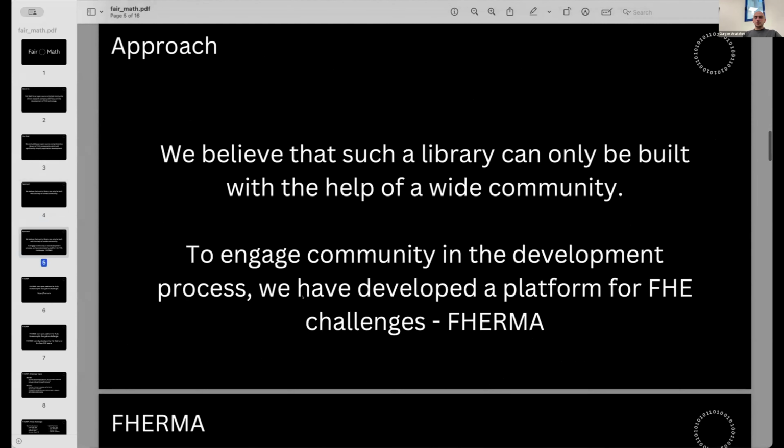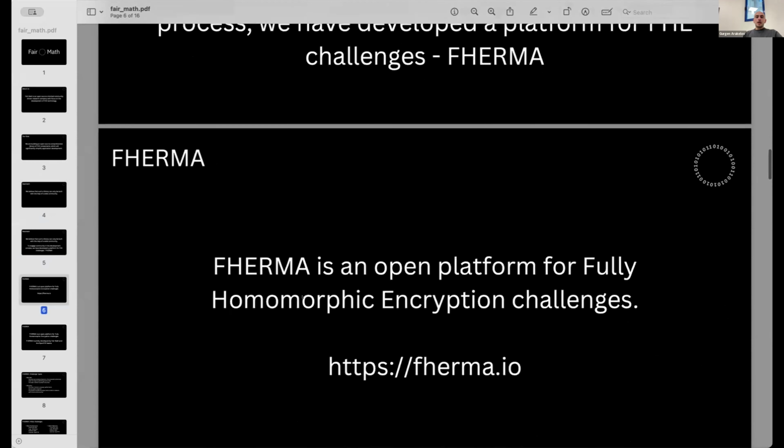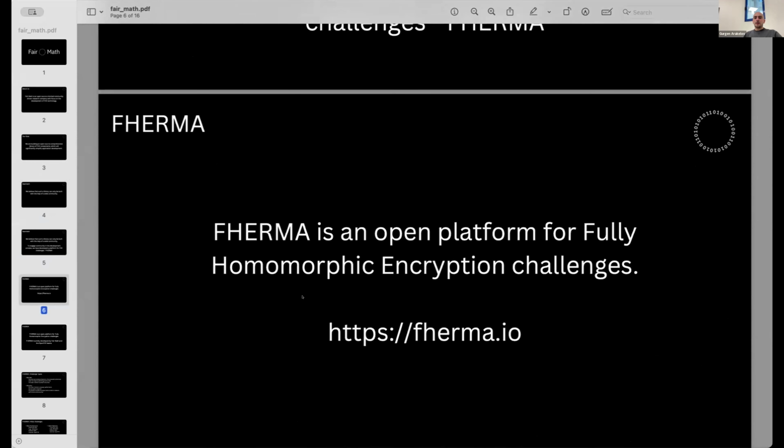To solve this issue and to engage the community, we developed the first, I believe, fully automated FHE challenges platform, FHERMA. We launched it in November 2023. And what is FHERMA? FHERMA is an open platform for hosting fully homomorphic encryption challenges.